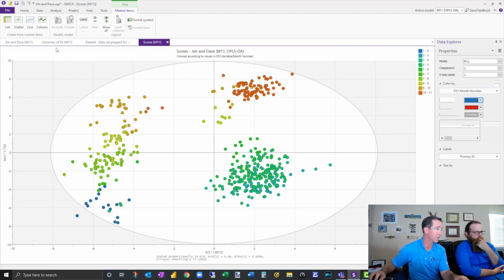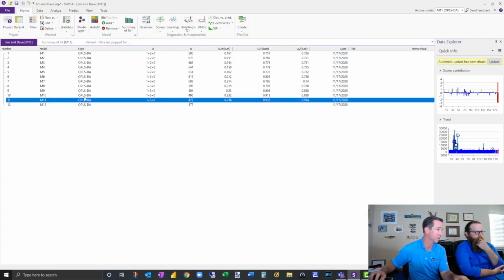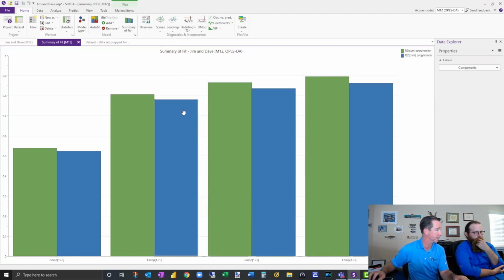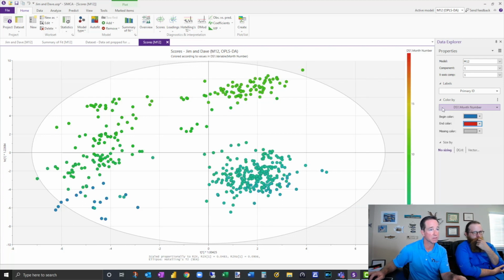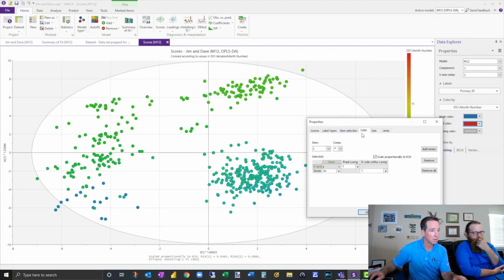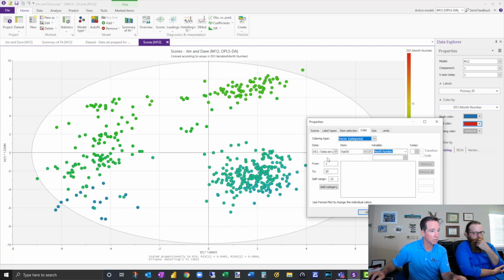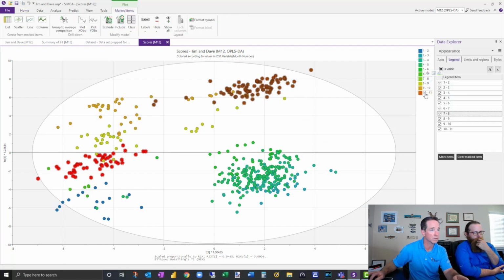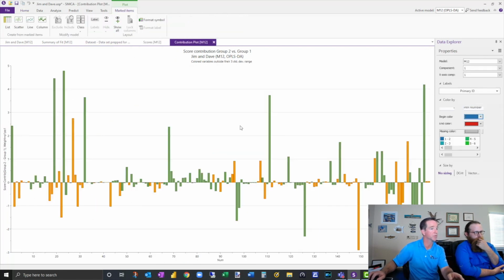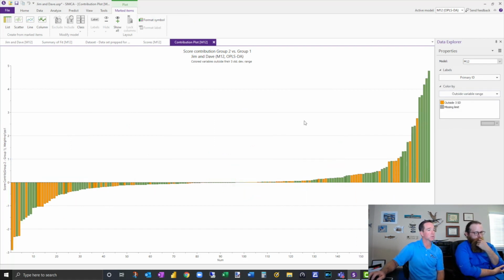So now I bet when we auto fit that, it's going to look quite different. I bet it's going to get muddy again. And you see the scores. Well, the scores are still pretty high. We got a little bit more muddiness. That's okay. All right. So let's go back to month number. Color, category, 12 by 11, add and apply. All right, so let's look at July versus October. Do a group-to-group comparison. Sort ascending.